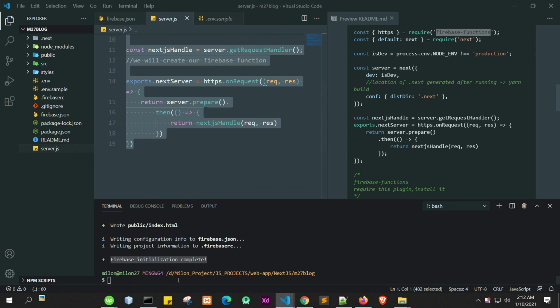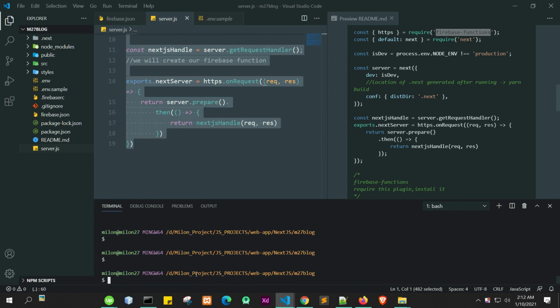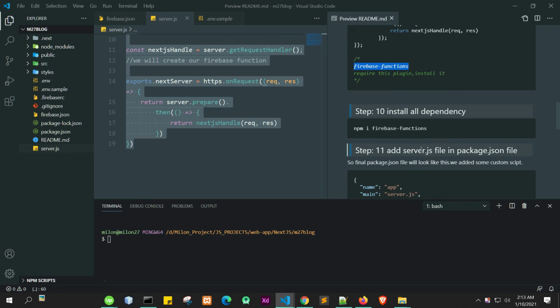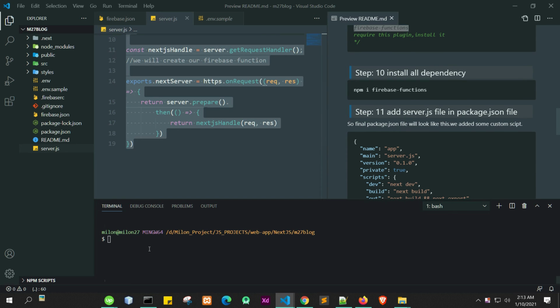Now we need to install our dependency. For that we need to install Firebase functions. So you can see the command is here. We will write npm i firebase-functions. Let's just install it.